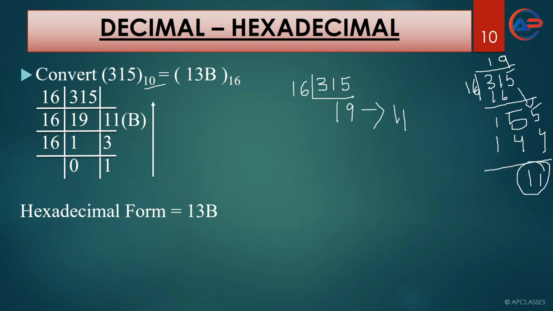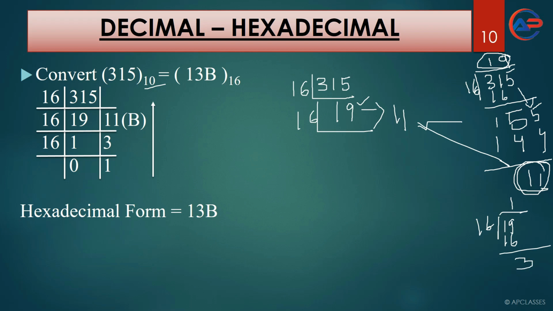Here we have to write the quotient part. Look here, 19. The quotient part is written here, and here the remainder is written. Now, next again we have to divide. If you don't know the direct process, again you can write 19 divided by 16, 1 sixteen is 16, and the remainder is 3, right? So here we have to write the quotient part, and here we have to write the remainder part. Finally, 1 divided by 16, 16 zeros are 0, and the remainder is 1.